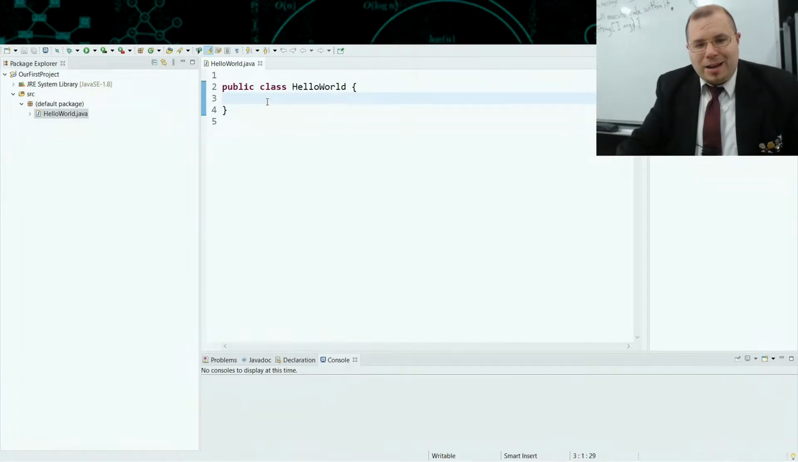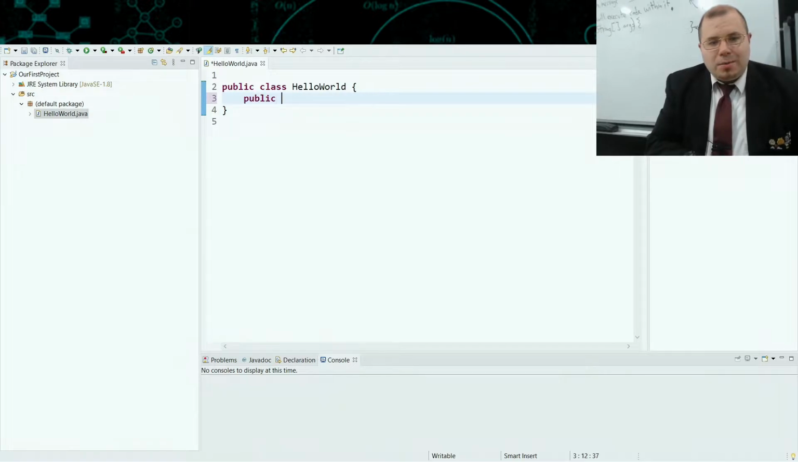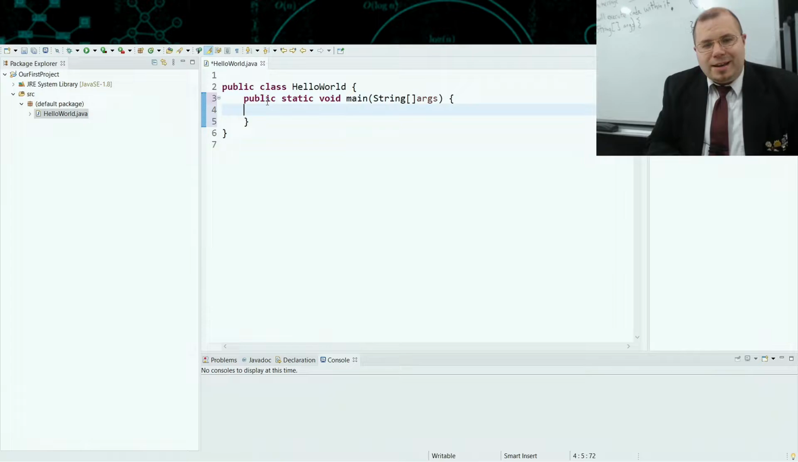Okay, so let's go back here. So I'm going to go public static void main args, like so. And notice that it indents in my code like this. Now, you'll notice that if I try to run it,